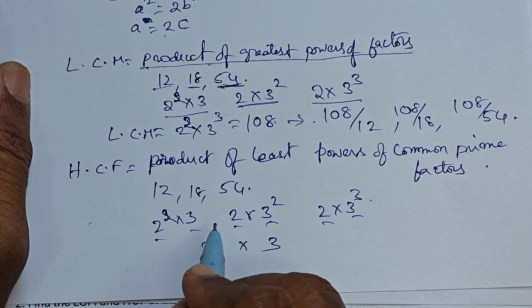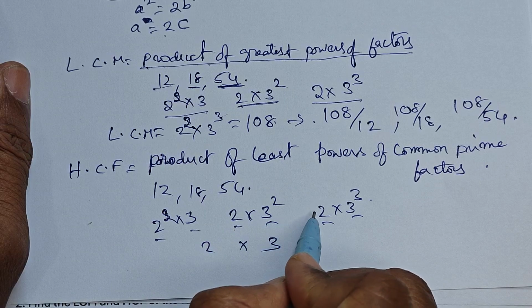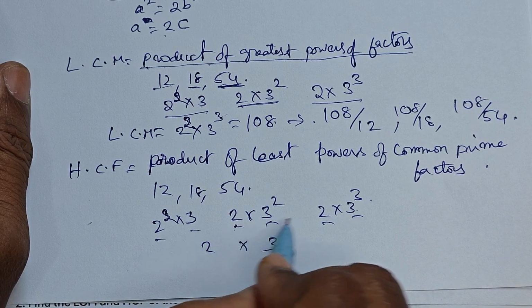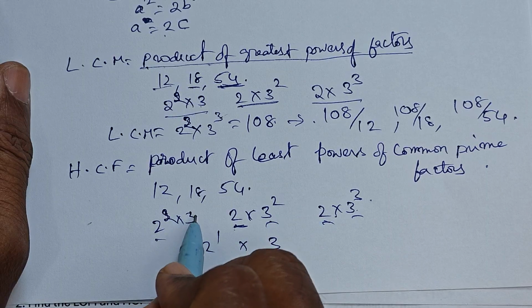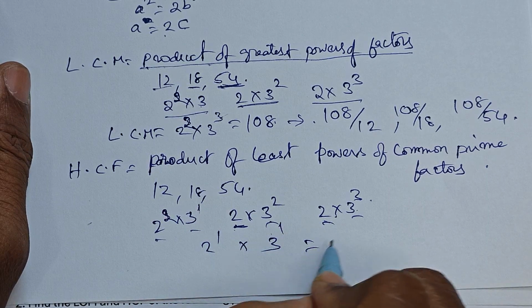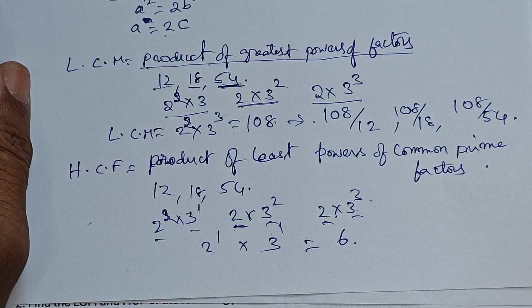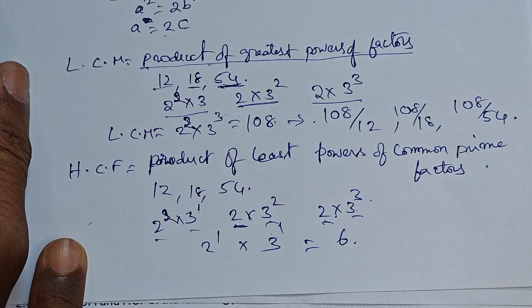Okay, 2 square into 3. Here, 2 into 3 square and 2 into 3 cube. Here the least power of 2 is 1 and the least power of 3 is again 1. So the highest common factor is only 6. So LCM and HCF we have found for